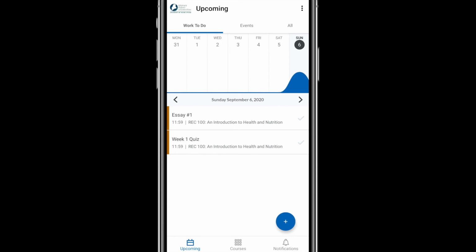Events are useful for when you want to dedicate certain chunks of time in your schedule to something. You could input your work schedule, for example, or set aside some time each Friday morning to work on a big project that's coming up. Having these all listed out can help you visualize what your day, week, and month will look like so you can plan accordingly. Work-to-do reminders are kind of like a to-do list.